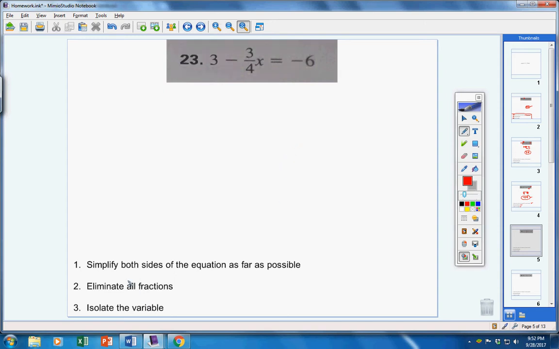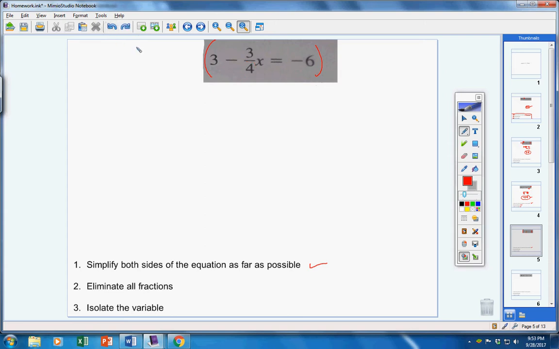Step 1. Simplify both sides of the equation. Unlike terms over here, we cannot simplify. One number over here, we cannot simplify. Step 2. Eliminate fractions. Now remember, there is a fraction, so remember, we look at the denominator, and the denominator is a 4. So I'm going to multiply the entire equation